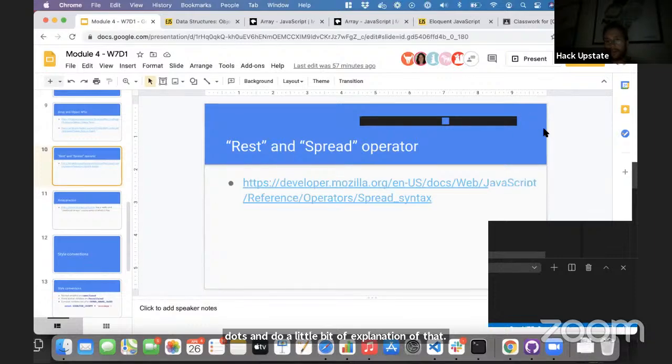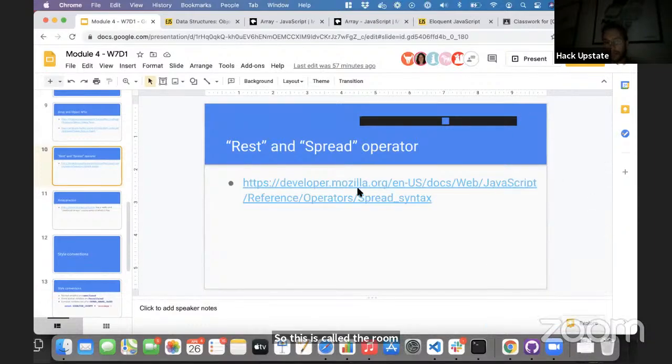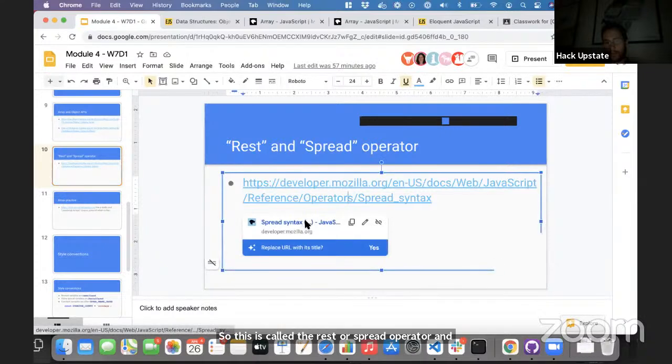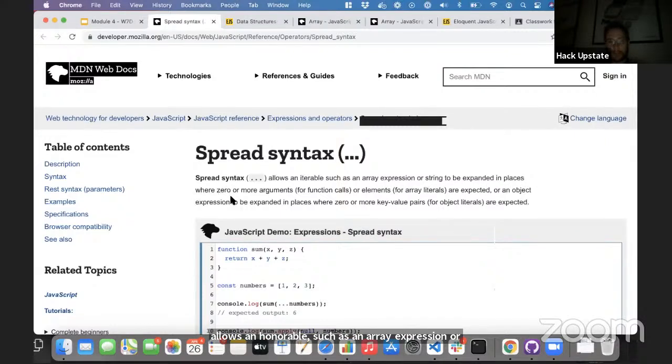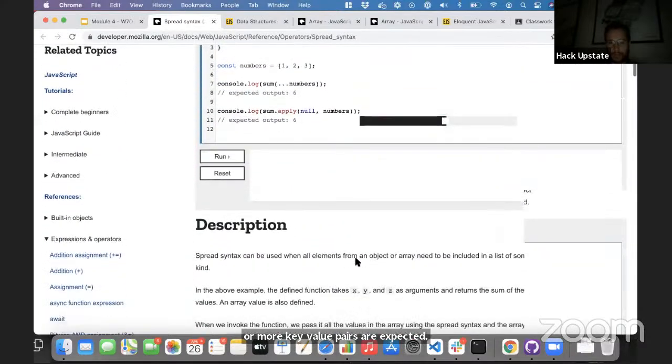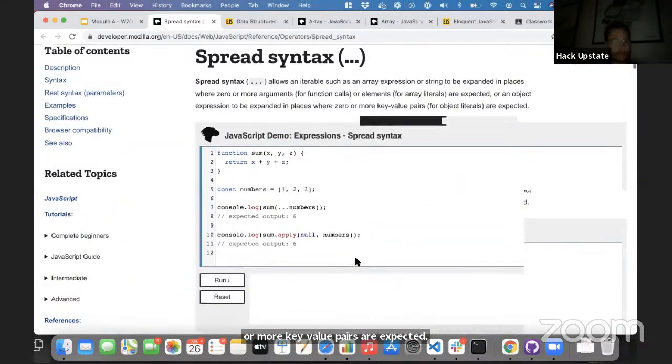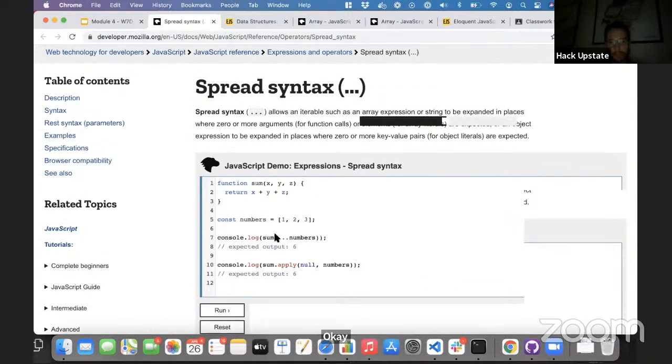So this is called the rest or spread operator. And the official documentation says, spread syntax allows an iterable, such as an array expression or string, to be expanded in places where 0 or more arguments or elements are expected, or an object expression to be expanded in places where 0 or more key value pairs are expected. Okay. So what this means is that,